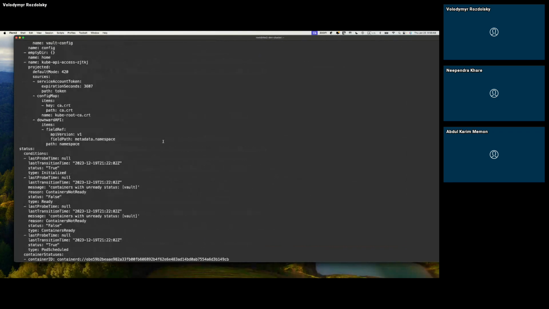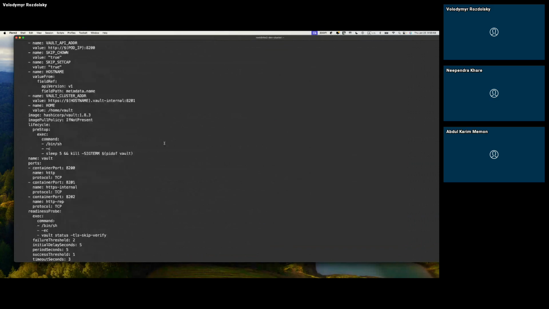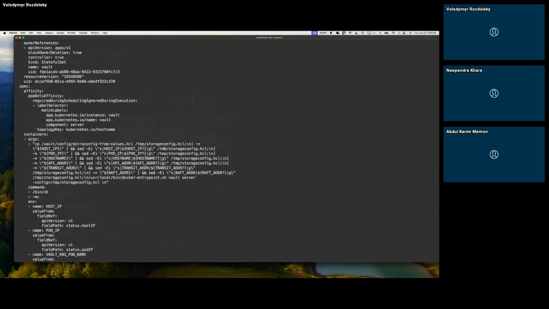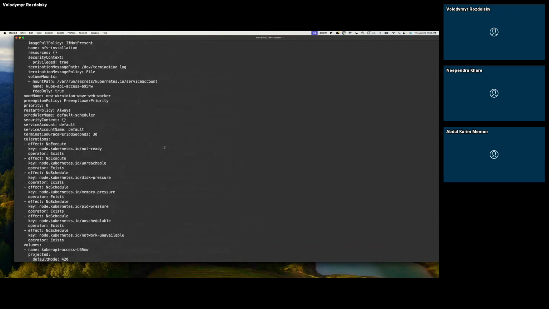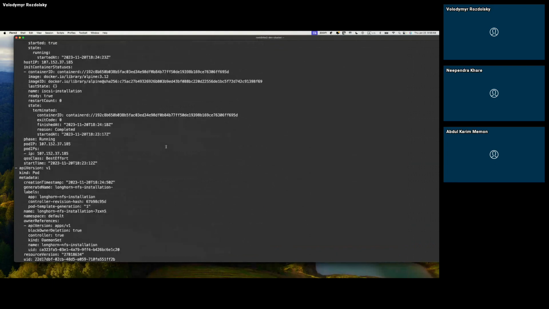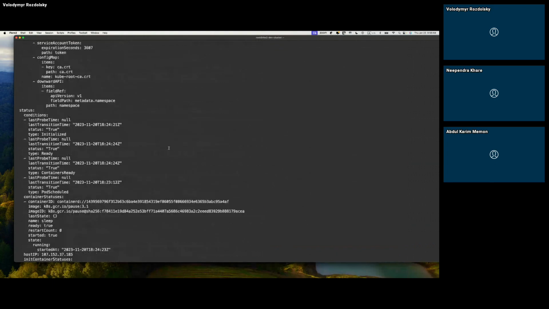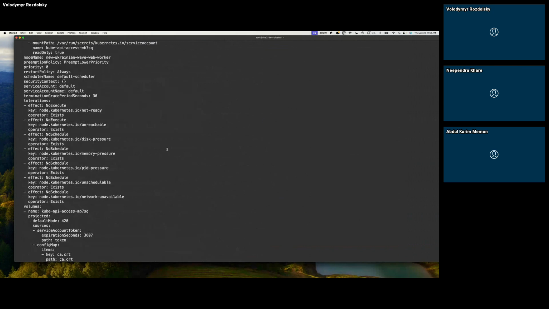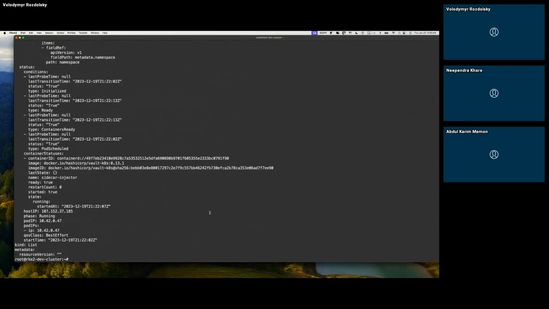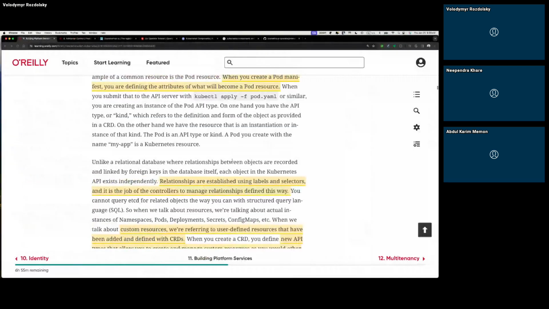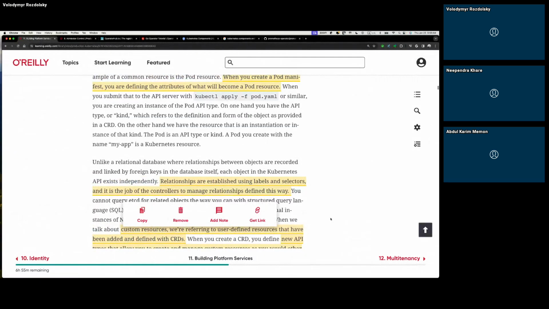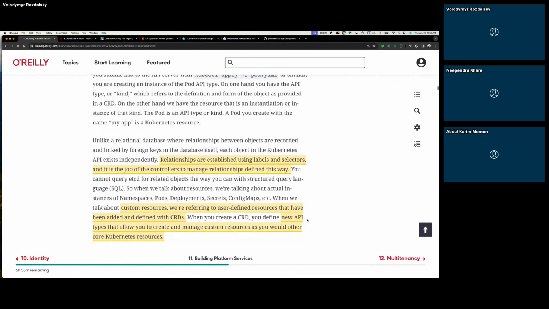Yeah. So this is the manifest, and this needs to be defined by the API schema. What the CRD does is it declares that schema to be used in the Kubernetes cluster.